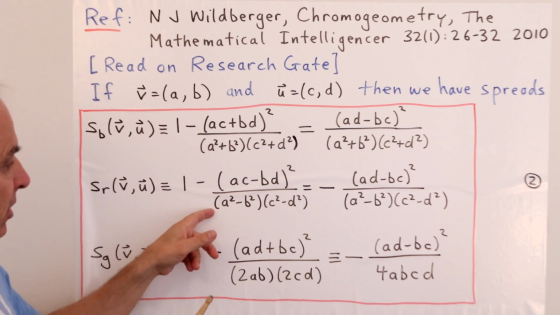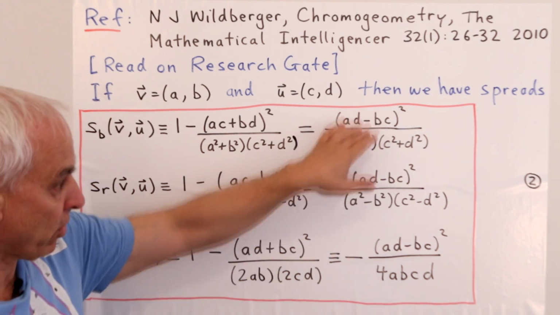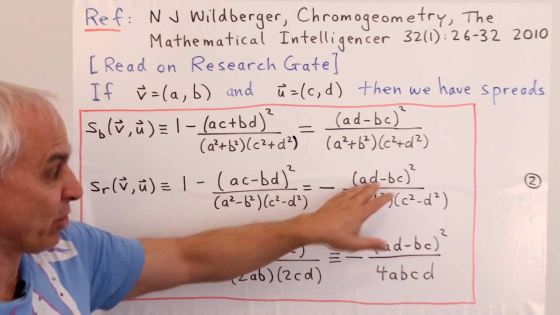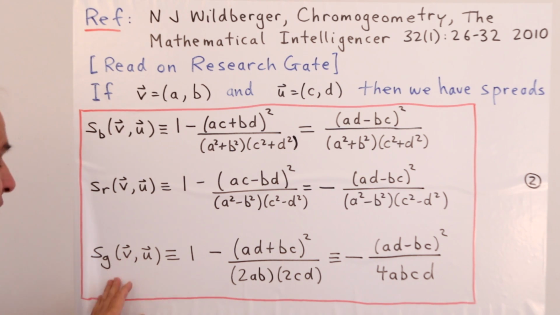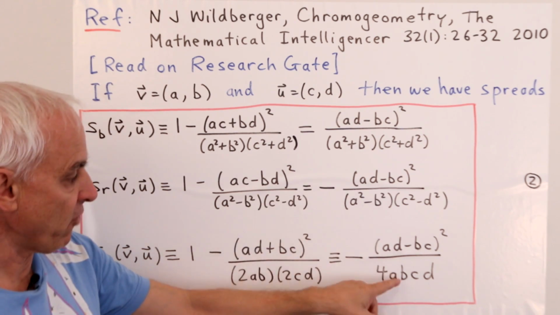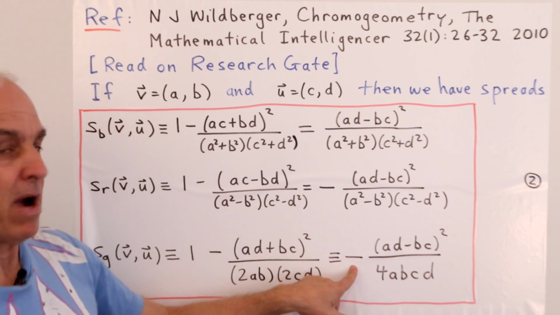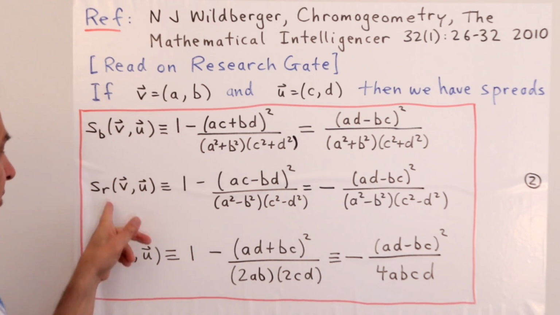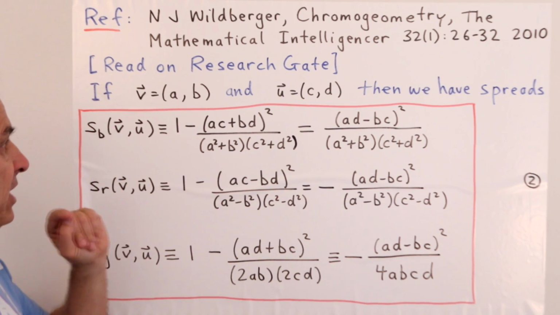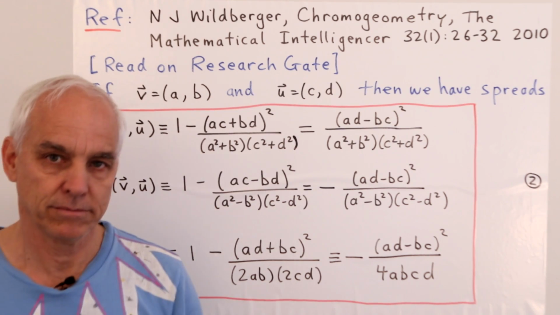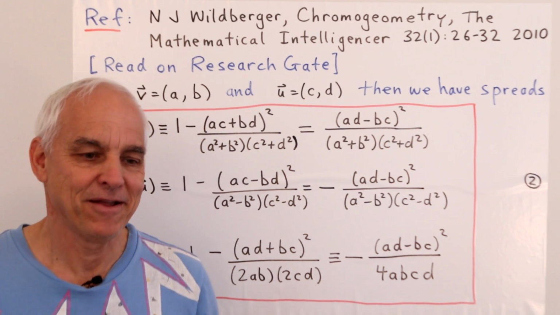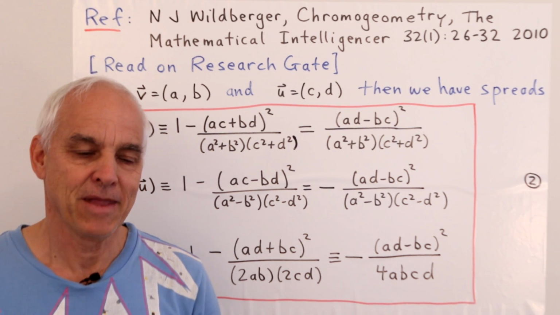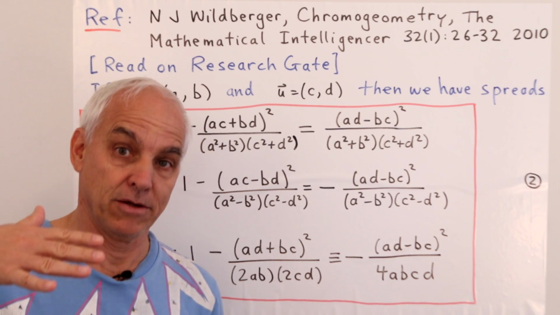And then a similar formula for the red spread, and a similar corresponding formula for the spread in terms of signed area, but crucially with a minus sign. And then a similar formula for the green spread, also again paralleling what's going on here. And then a corresponding formula for it like this one, but also with a minus sign there. So blue, red, and green spreads between the vectors v and u that are in this form here. All right, so these are really basic definitions in metrical geometry in the plane. Going beyond the usual familiar Euclidean story, right?